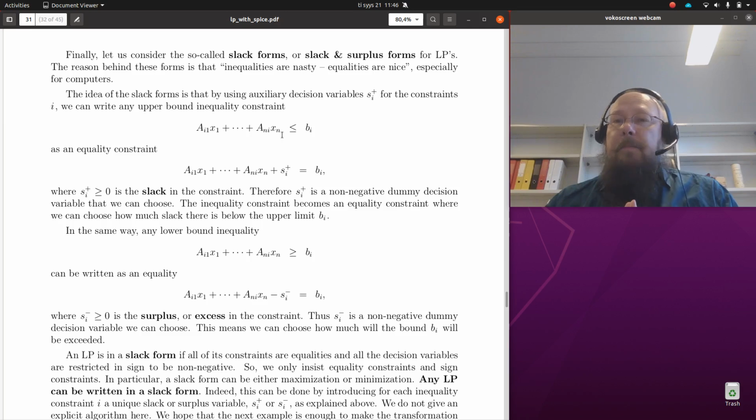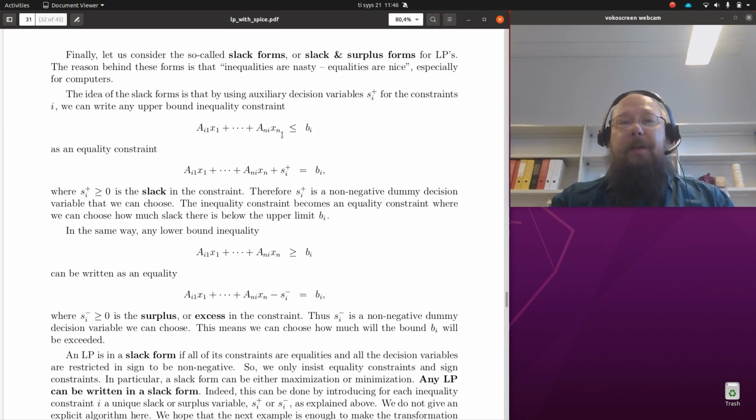And the thing is that in some sense this is what we choose. When we choose these xi's, x1 up to xn, the decision variables, we implicitly choose how much slack there